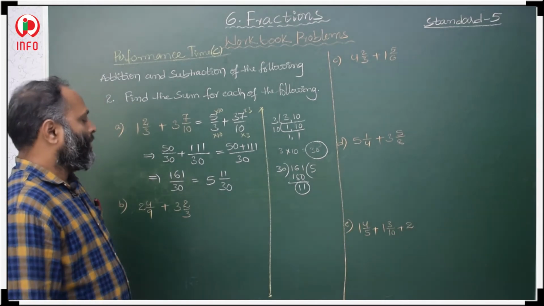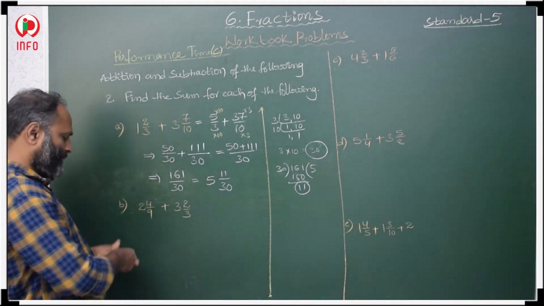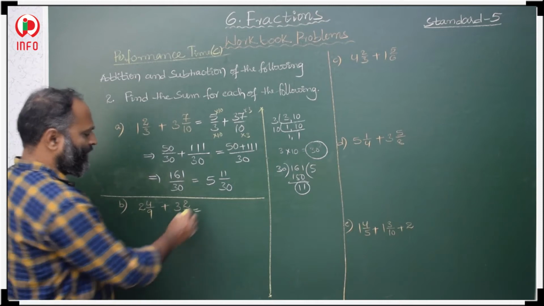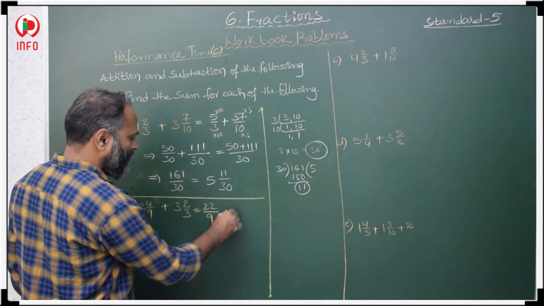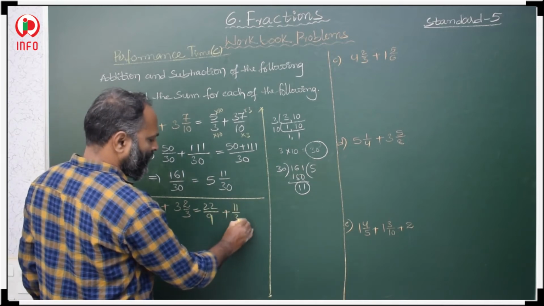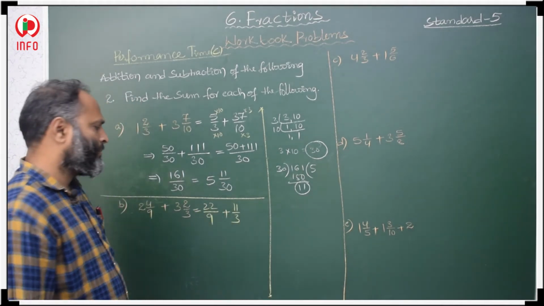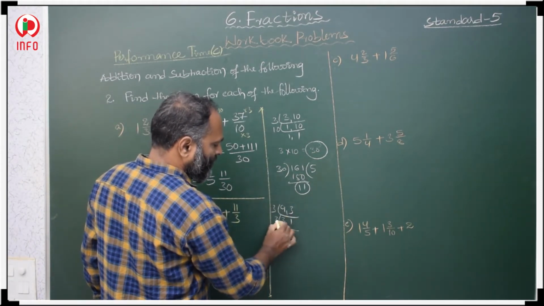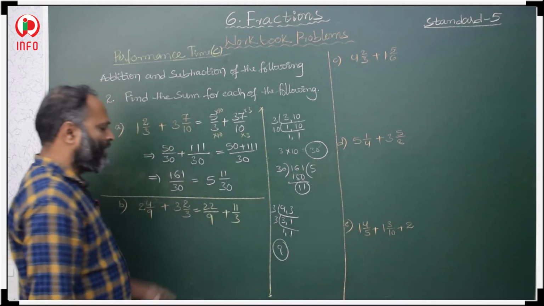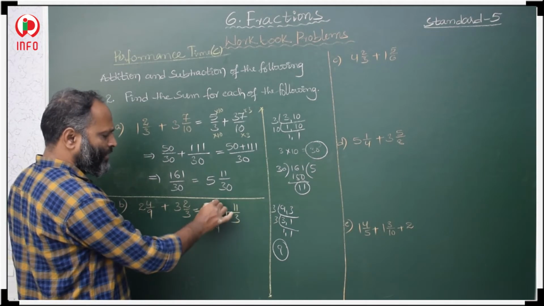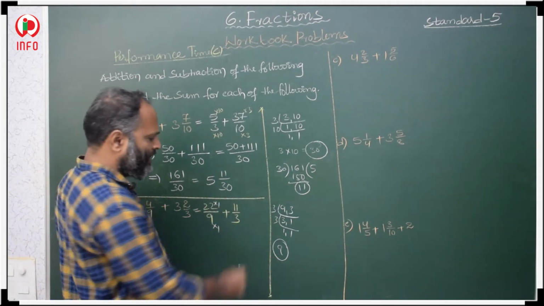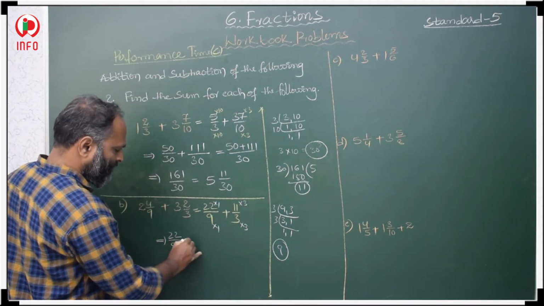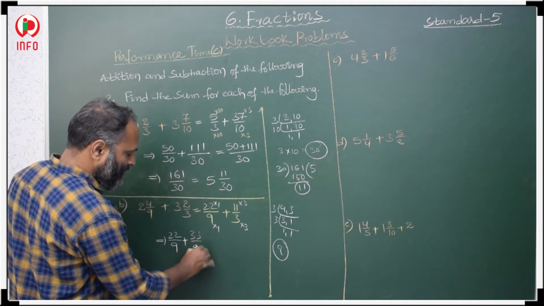Okay. Now here also the same thing. First we have to convert the fractions into improper. 9 2s are 18, 22 by 9, plus 3 to the 9, 11, 11 by 3. Now LCM of 9 and 3: 3 3s are 9 and 3 1s are 3, so 9 is the LCM. In the 9 table, when will you get 9? 1s are, multiply with 1. In the 3 table, when will you get 9? 3s are. Now 22 ones are 22, 9 ones are 9, plus 11 3s are 33, 9 ones are 9.